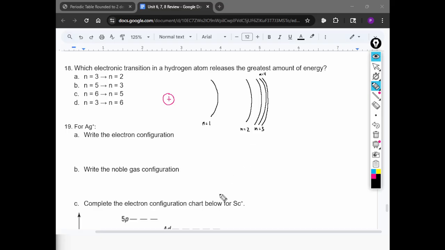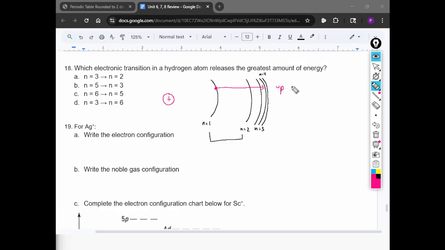So when we're looking at the actual distances in the energy levels, the first one is the furthest, and the distance between 1 and 2 is the biggest distance, and it gets smaller and smaller from there. You can see it in the electron configuration chart. And we talked about how when the electron goes between different energy levels, it's going to release energy, right? First and foremost, one thing to remember, in order to go up in energy levels,